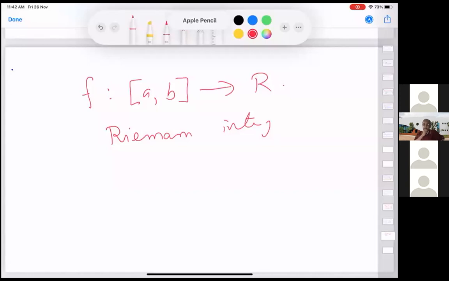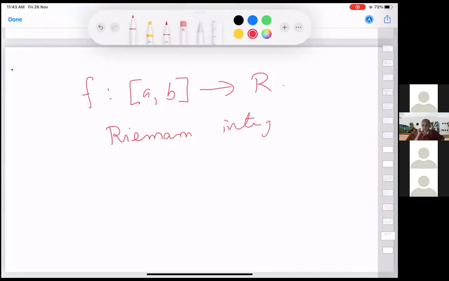So here is the statement that if f is Riemann integrable and g is such that g agrees with f at all but one point on the domain, then g is also Riemann integrable and the integrals are the same. Sir, g is defined on an open interval? No, g is also defined on the same interval a to b. But at one point, it does not agree with f. At one point, I have given it a different value.